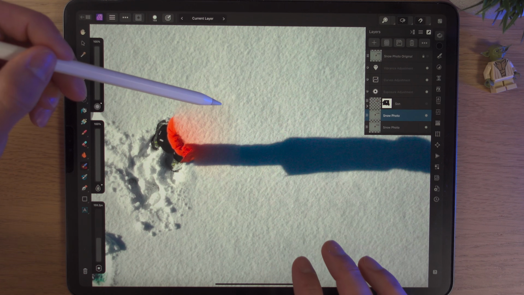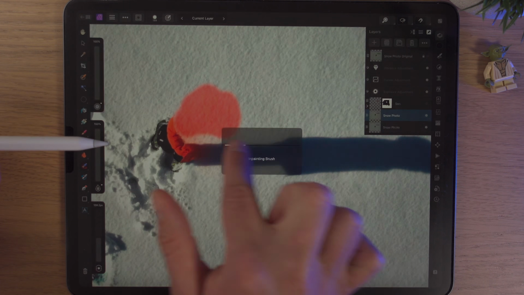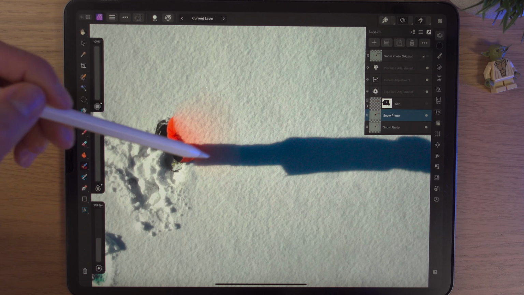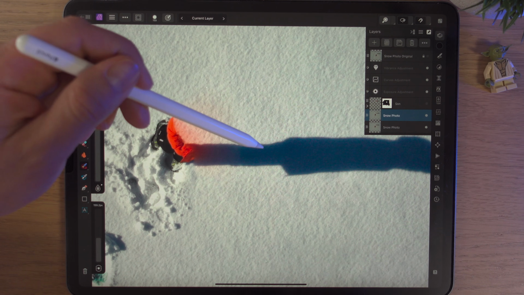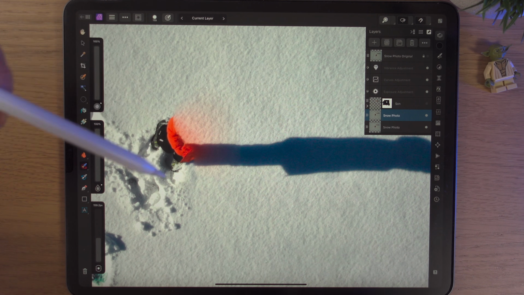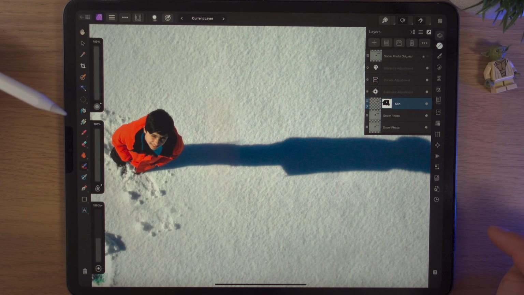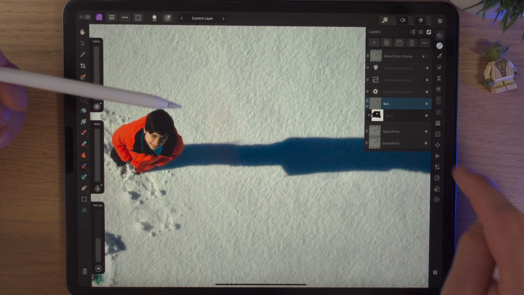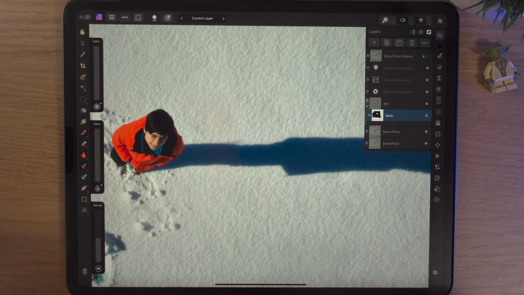Yep, that's not bad there. And then if I try to get this bit of snow, I just don't want it to be orange. So just by going over it a few times, you can see what I was doing there. I'm just trying to not affect the shadow too much, because if I click on my sun layer, if I reveal it again,